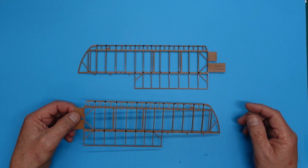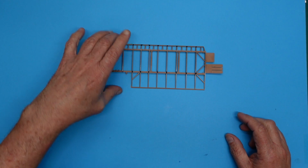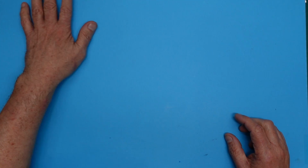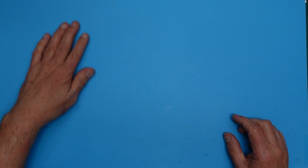I could be getting on with the strings on the fuselage, but I don't know if you could hear it in my voice, I just don't feel up to it. I'm not right. I've not been right for a couple of weeks now. There's something going on. But anyway,